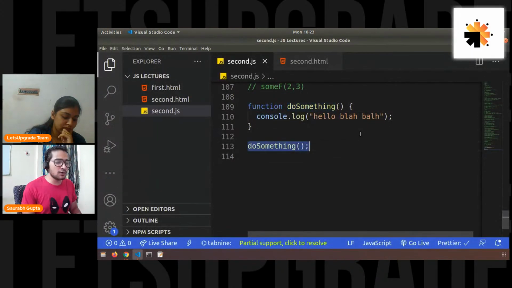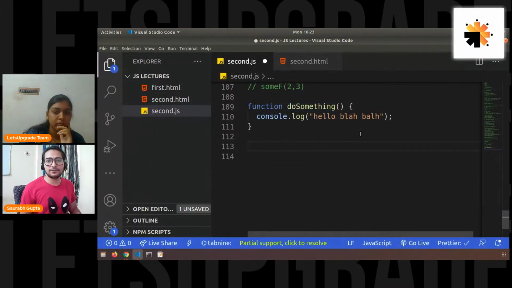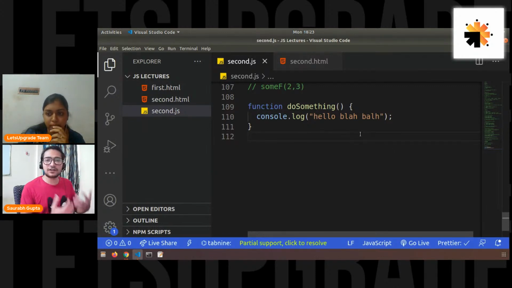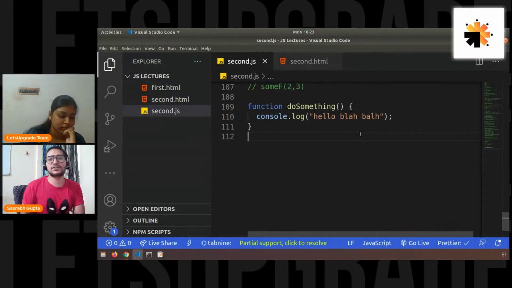Now I don't want to call this function in the JavaScript code itself. What I want is to call this function on click of a button. So when I click on a button, this function should be called. And that is the whole purpose of learning functions in JavaScript. That's why we learned functions in the first place. So let's go on